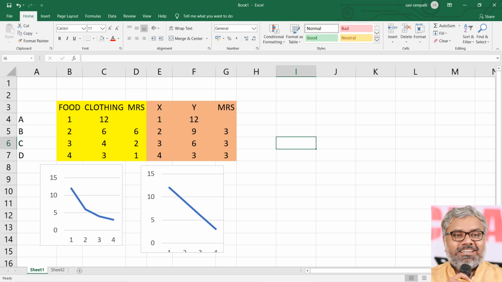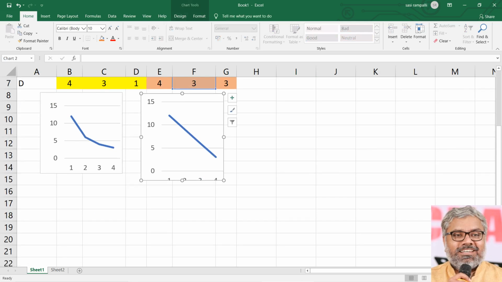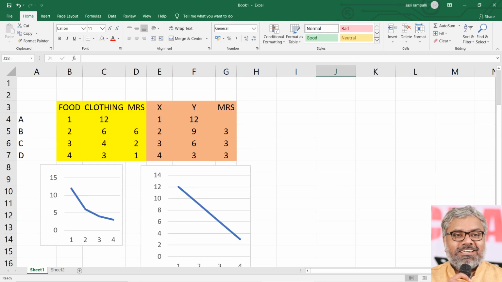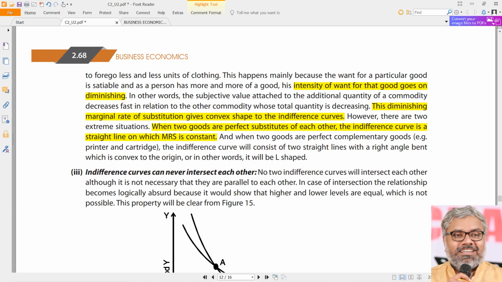So that is only looked at as, what if the marginal rate of substitution is not diminishing, what if it is increasing. It would have been concave, just to understand that. But normally it is not concave, it is convex. And normally it is convex because goods are not perfect substitutes normally. But if they are perfect substitutes, then the indifference curve would have been a straight line like this. So that is the first extreme, we can say.